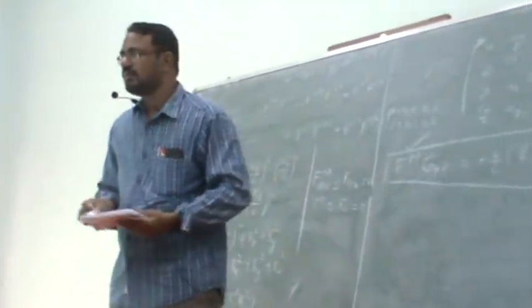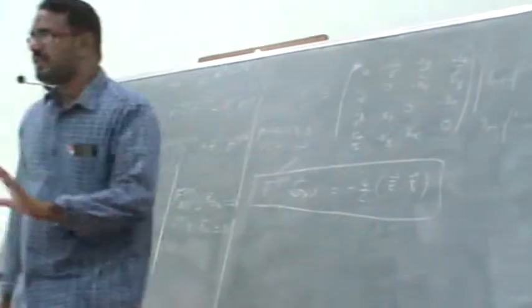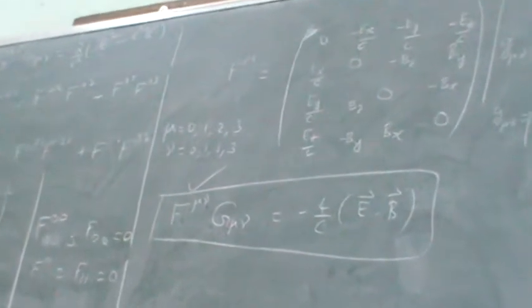Okay. What are the steps to check whether it is Lorentz invariant? When you do the Lorentz transformation, you will get E prime and B prime and check the same thing also. So you can write in terms of E vector prime dot B vector prime. After the Lorentz transformation, the same. So the form invariance is very important. What is meant by form invariance? Suppose F is equal to MA in one frame and F prime is equal to MA prime in another frame. The equation form is the same. Correct? That is form invariance.